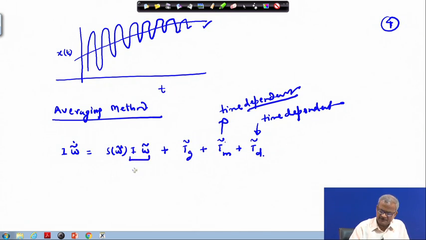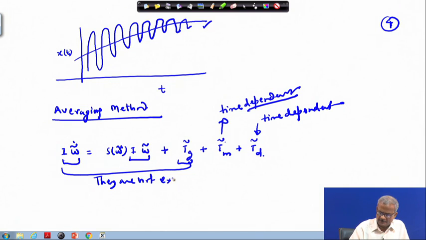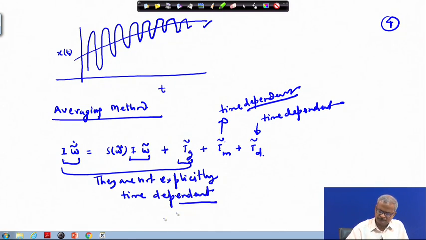However, these three terms are not explicitly time dependent, and T g, the gravity gradient torque, it can be written as 3 omega 0 square